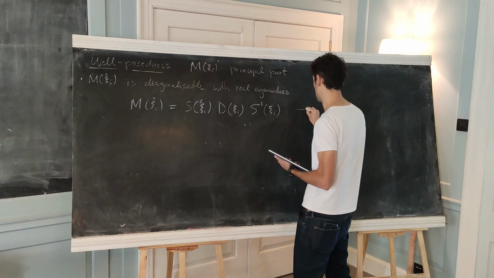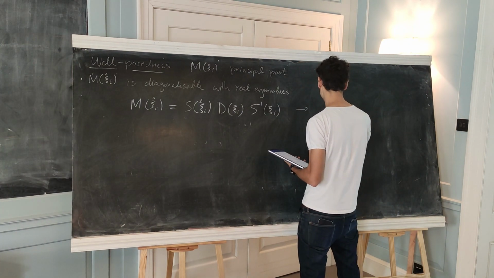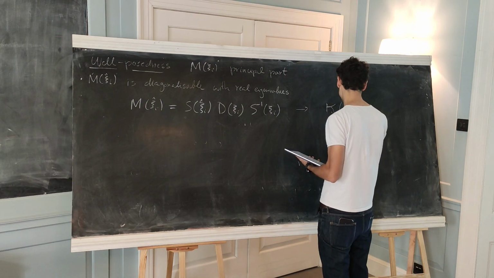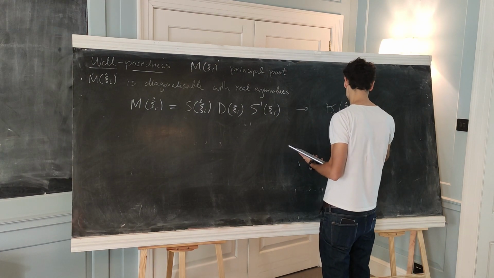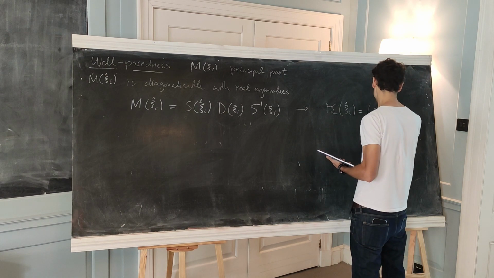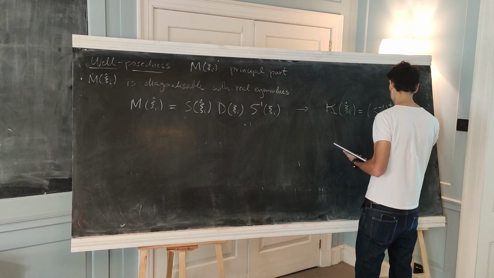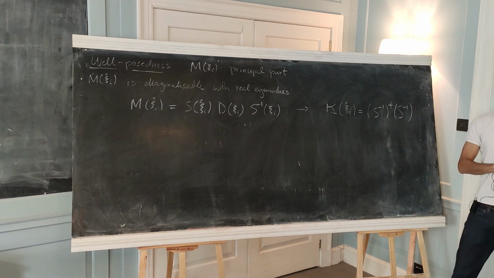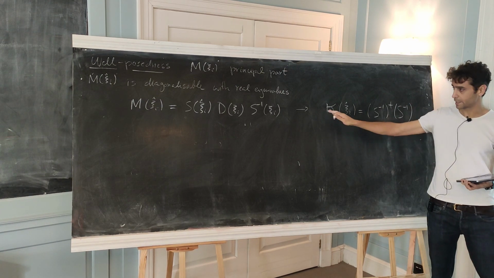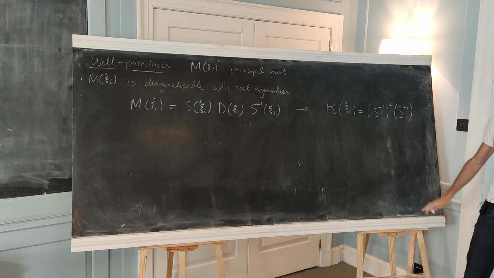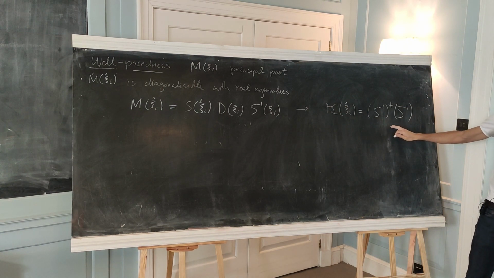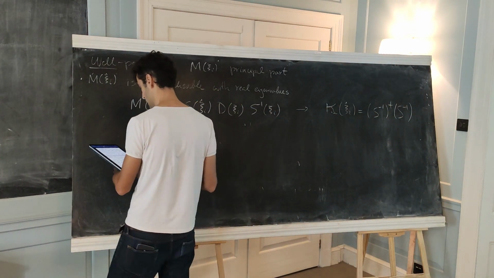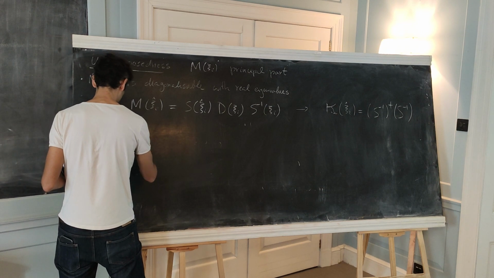And from this, you can construct a symmetrizer by just considering this. Okay? So if this matrix is diagonalizable and has real eigenvalues, you can construct a symmetrizer in this way, which then has the right property. So in particular, then you can show that